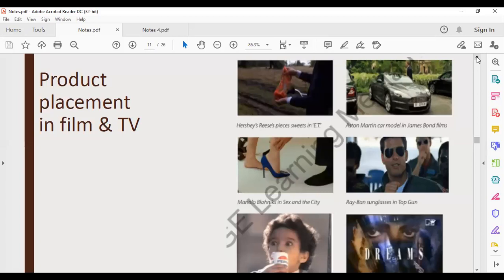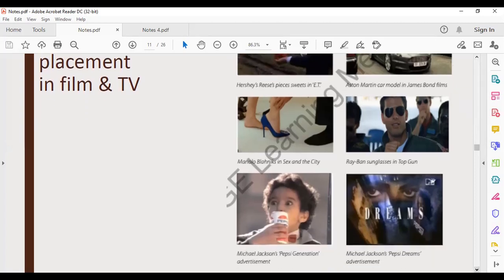So it doesn't end with cars only. They advertise different things. It can be Coke, it can be Pepsi in a movie. It can be clothes, sneakers, sunglasses, or anything else that you think of. It can be McDonald's. So film is part of the advertising industry. And when I say they'll try to attach a big name to a product, think of Michael Jackson in the Pepsi Generation advertisement, or Cristiano Ronaldo in a Nike advertisement.